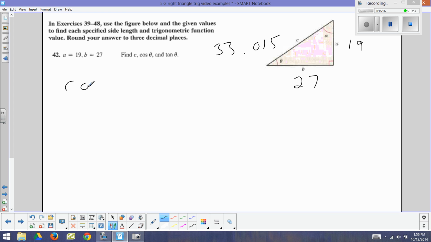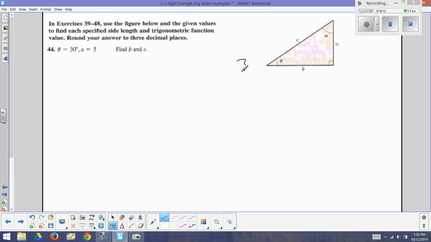So the cosine of an angle is adjacent over the hypotenuse. The adjacent side is 27, and the hypotenuse is 33.015, etc. So I could do 27, and then divide, and then if you stored it somewhere, you could do alpha and then the letter you stored it in. So that way you're not retyping the number, and you get approximately 0.818 when you plug it into your calculator. Next one,